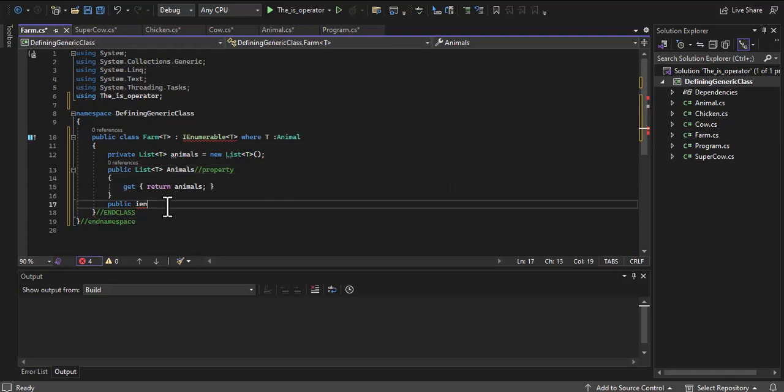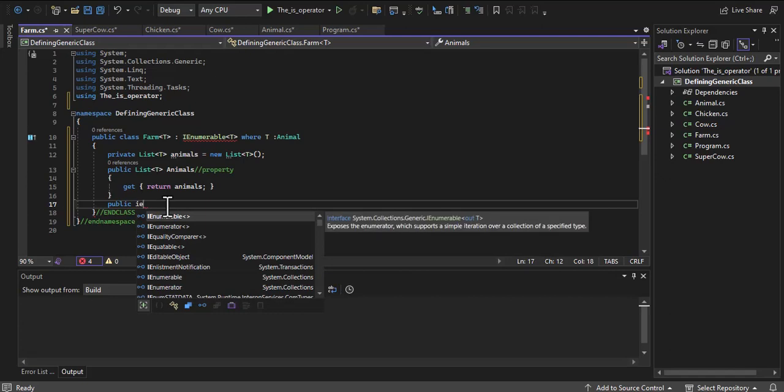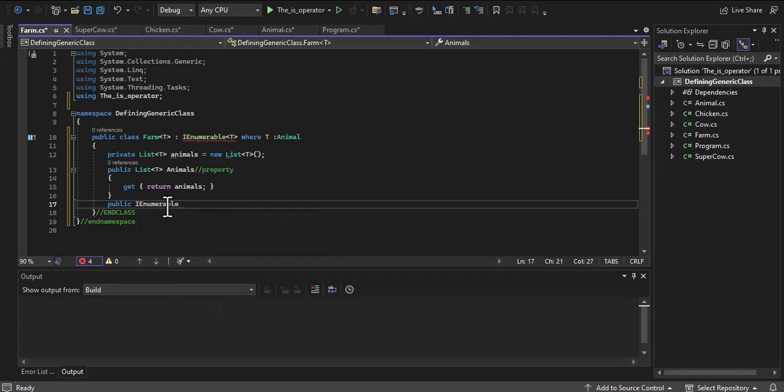So this is exactly what I am trying to implement in here. So I'm going to say IEnumerable, very good, of that specific type. And I'm going to say get,